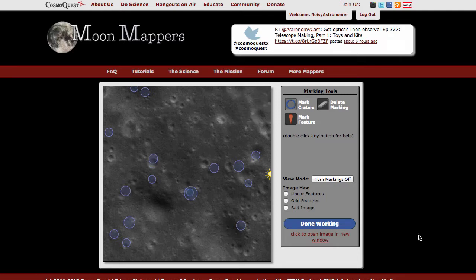In Man-vs. Machine, you will see an image of the moon that has already been marked by a computer algorithm. However, we think you can do a much better job. The craters that the computer